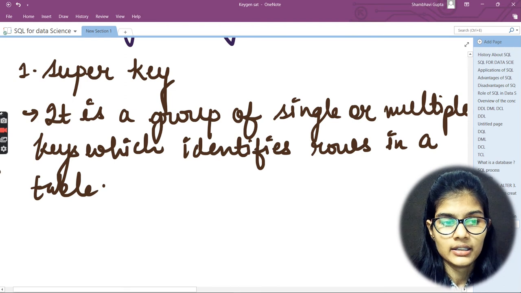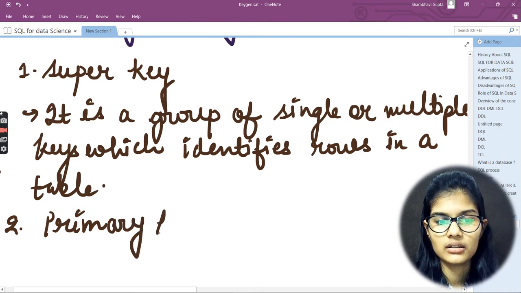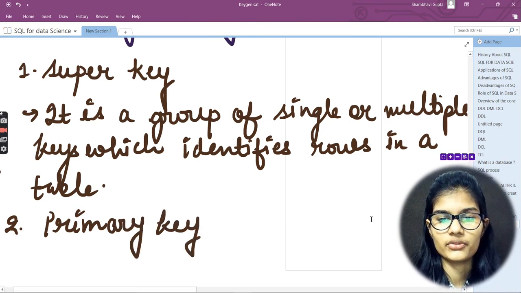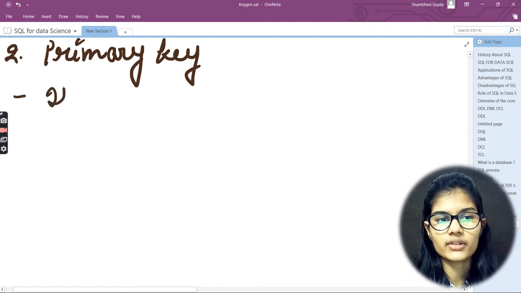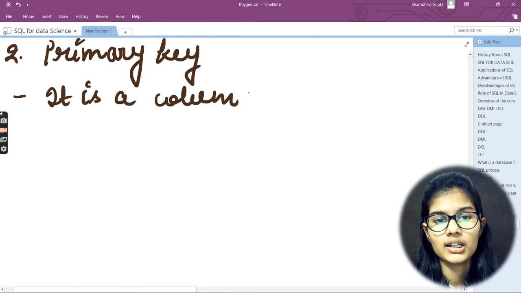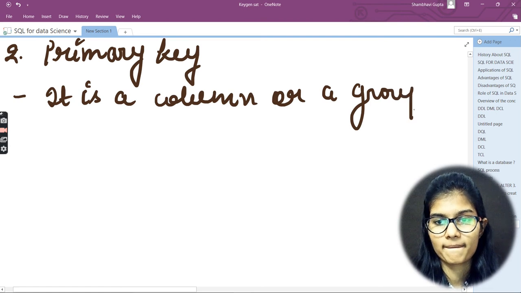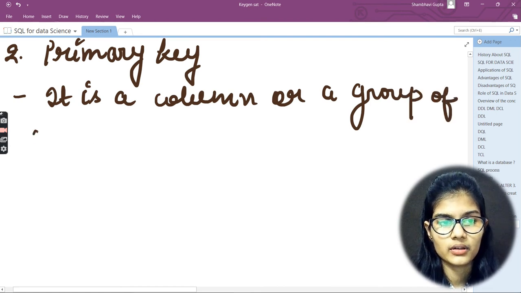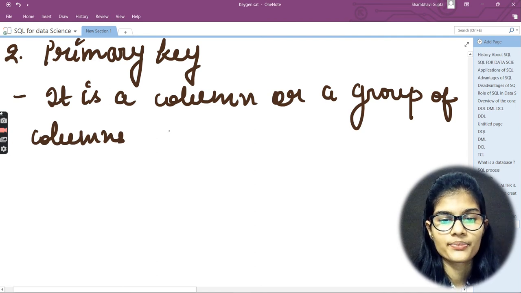Next. Great. So coming to the next point, I am having here the primary key. Let me come down first of all, so it goes here at the space. Great. So moving to the primary key, what is it? I could write that it is a column or a group of columns in a table